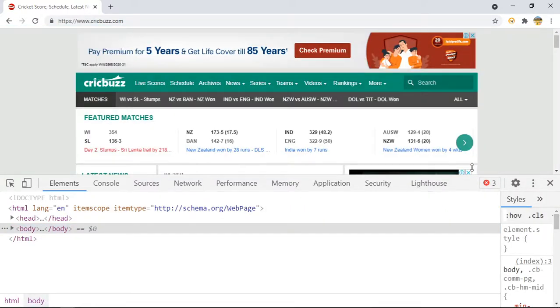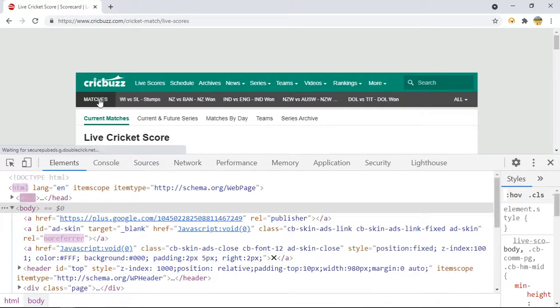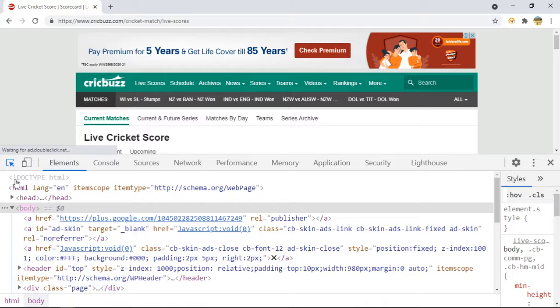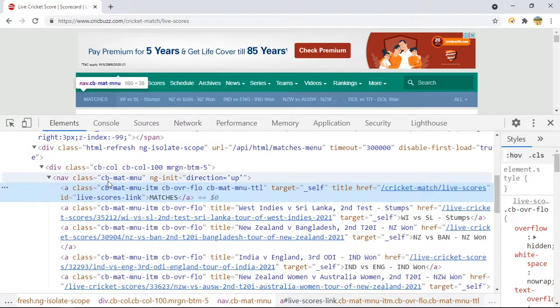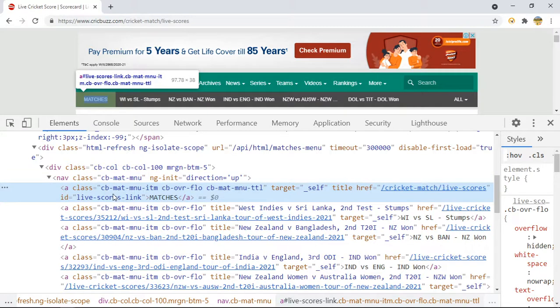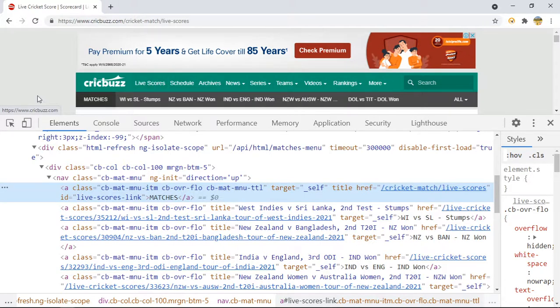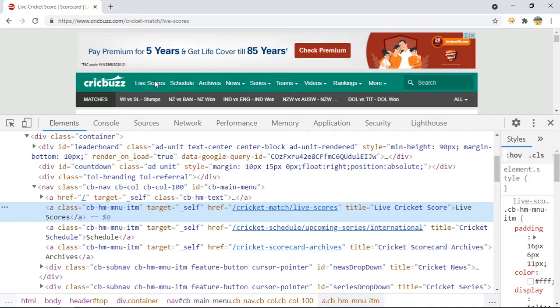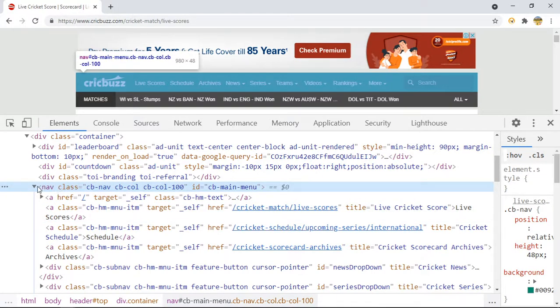And here, if I want to view the HTML code of this Matches, if I click this, it will open a new web page. So if I want to see the HTML code, just left click and click on this, right? So here you can see it has given me the HTML code of this Matches. Similarly, if I want to view the HTML code of this Live Scores, I will click like this, right? So if I minimize this line,